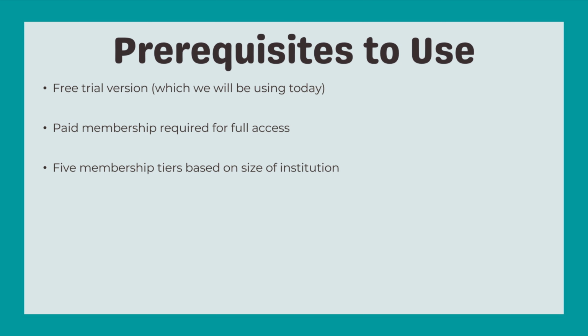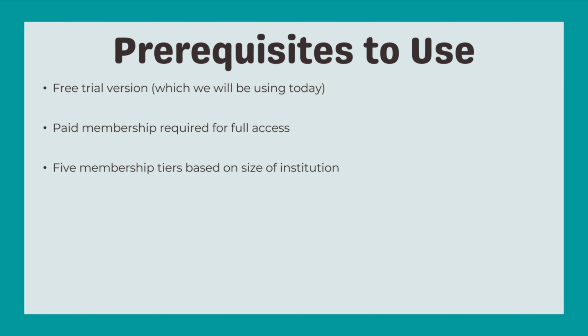Although the application itself is free to download and people can use certain functions for free, you do need a membership for full access to the program. There are 5 membership levels: very small, small, medium, large, and very large, and you do have to pay for this membership again. Today, however, we will simply be using the sandbox to test out some of the basics, so